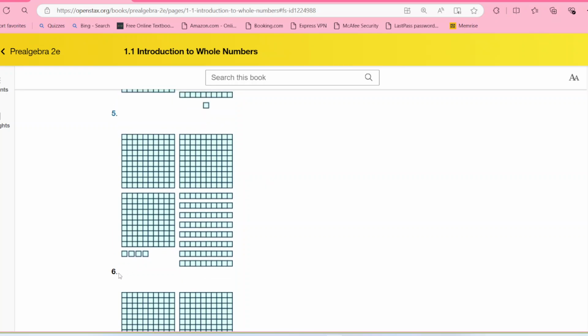Okay, so number 6, there are 1, 2, 3 of these hundreds blocks, right? So there'll be 300, 3 in the hundreds place. 1, 2, 3, 4, 5, 6, 7, 8 of these tens rods, right? So 8 tens or 80, or 8 in the tens place. And 1, 2, 3, 4 single blocks, right? 4 in the one place. So 3 hundreds, 8 tens, 4 ones,